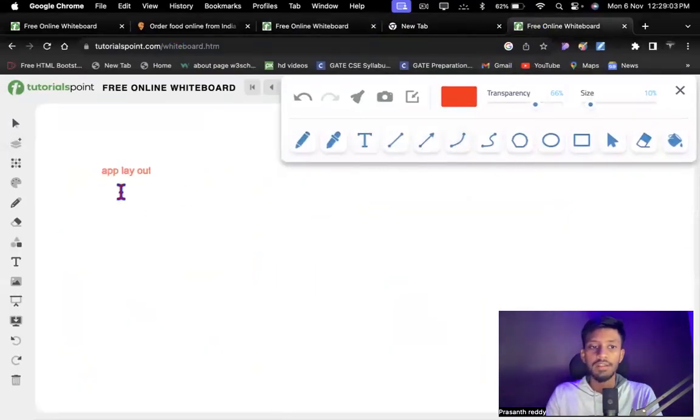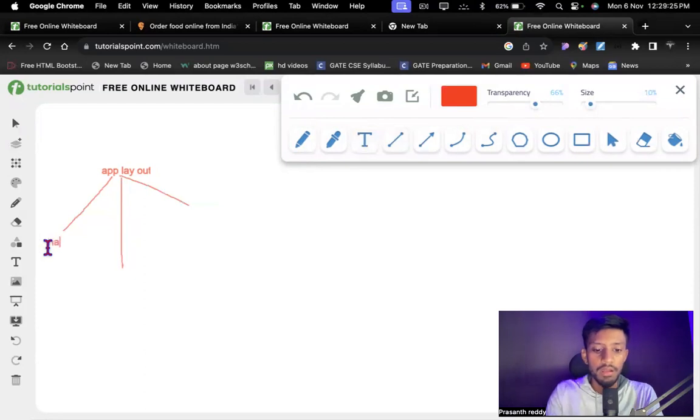What are the three things? One is navbar, one is body, one is footer.